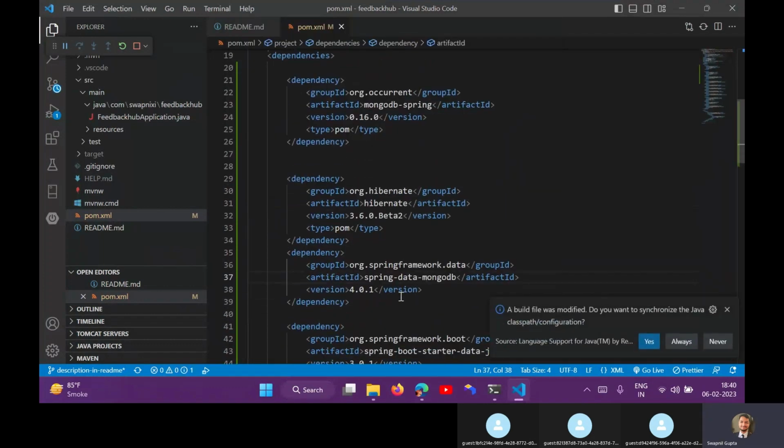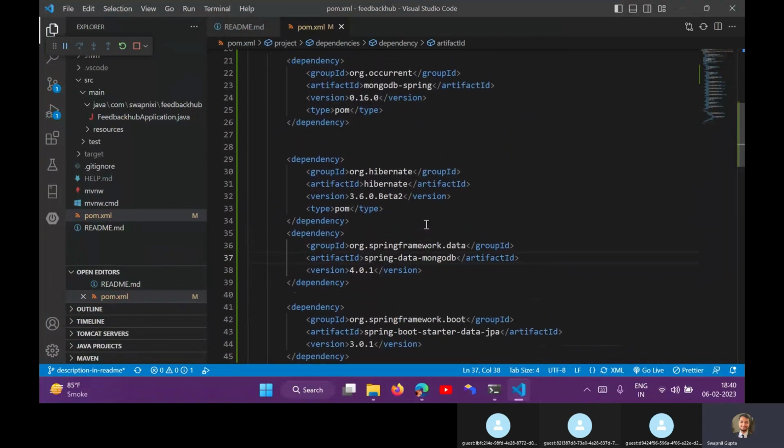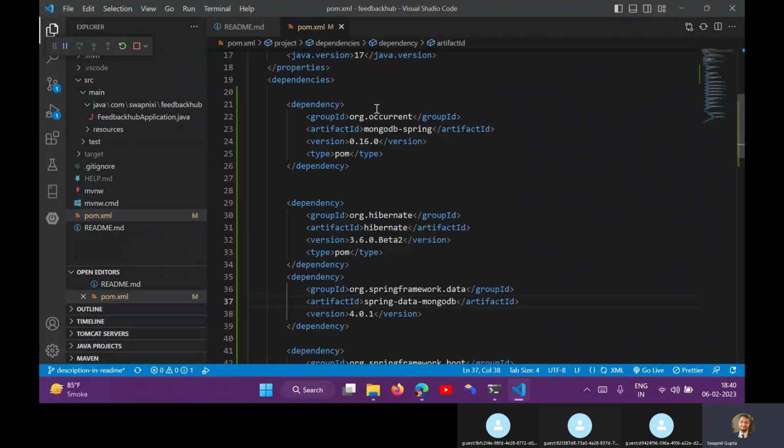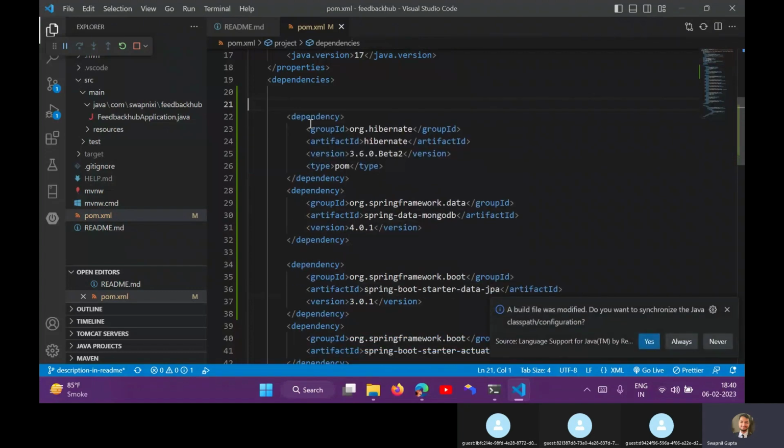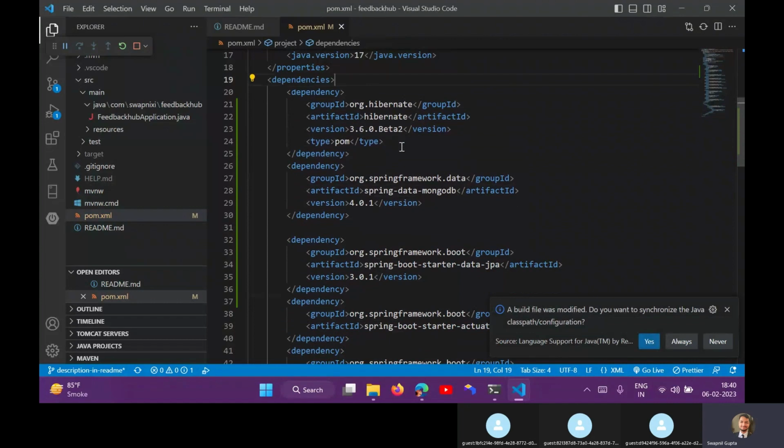So you have two ways to get MongoDB. One is the web method I showed you there, and the other is from this version. So you can use Spring or Spring Boot, or you can use Visual Studio Code, from the official website or from here.